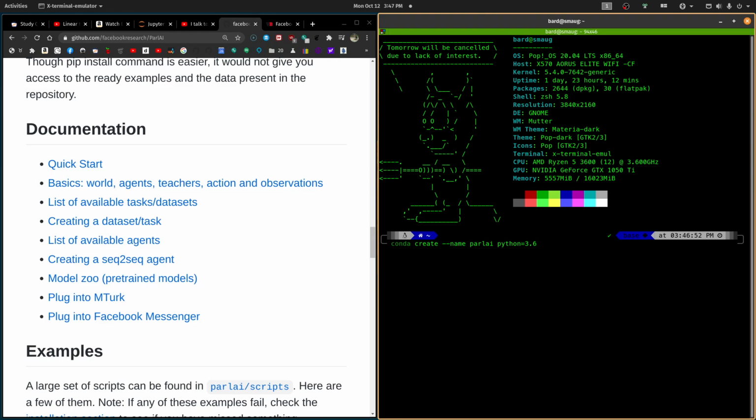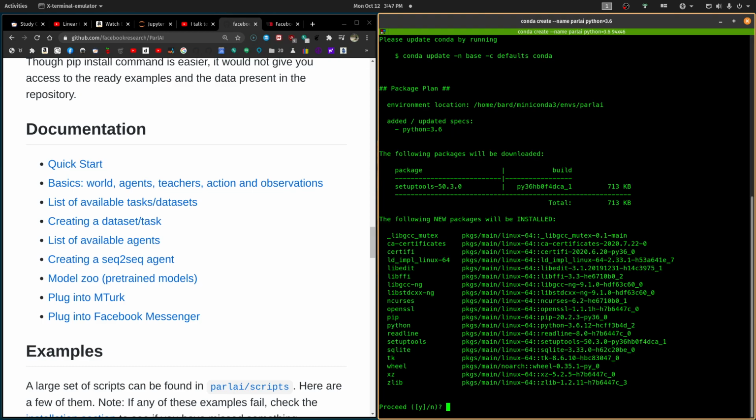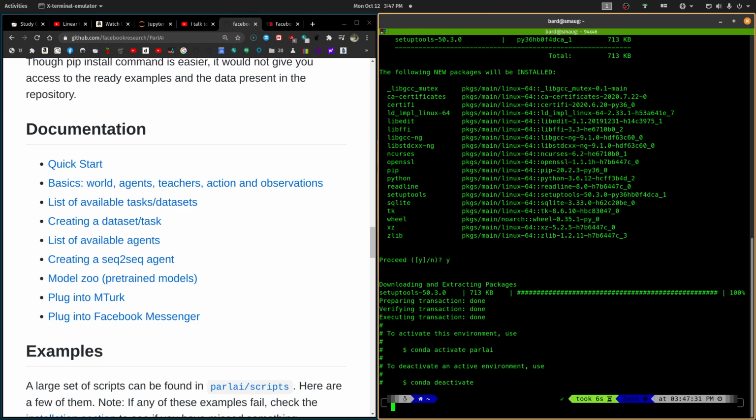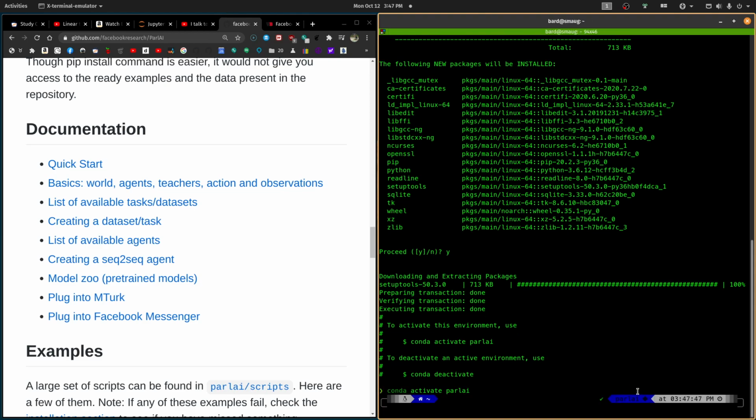So it says it wants 3.6. I'm going to give it 3.6. I'm using Conda to create my virtual environment. Once you create it, you have to activate it. And as you can see here, it's now active.